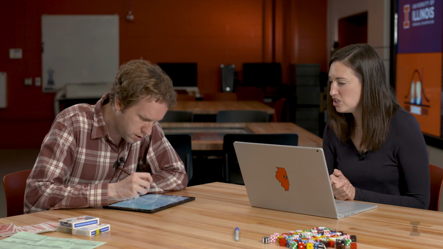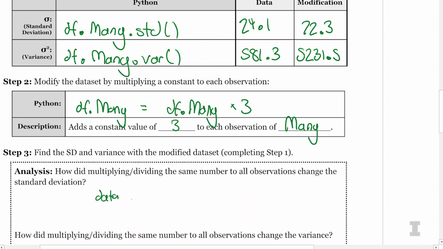It did. So how did multiplying all the numbers in the observations change the standard deviation? It looks like for the standard deviation, it just multiplied by that number. So if we take our data and we multiply it by a constant, we find the standard deviation also increases by a constant. Which, going back to the number example, if I think about 2, 3, and 4, and I multiply 2, 3, and 4 by 3, I get 6, 9, and 12. So we see that there used to be a spread of 1 between the numbers, and now there's a spread of 3. So this makes a lot of sense that we have this increase of spread going on as we go from 1 to 3.